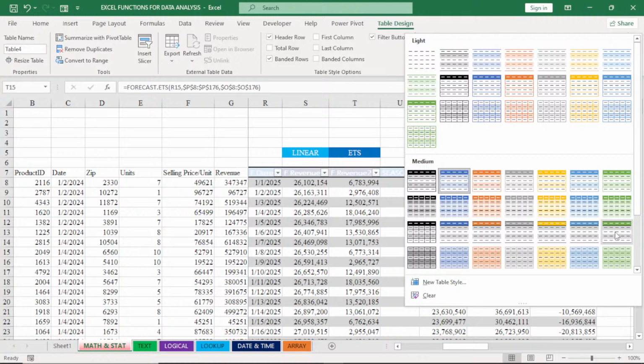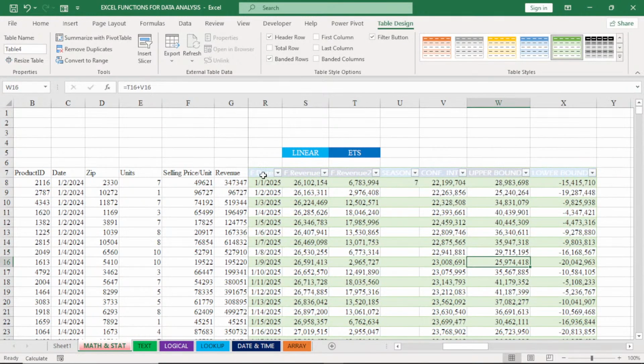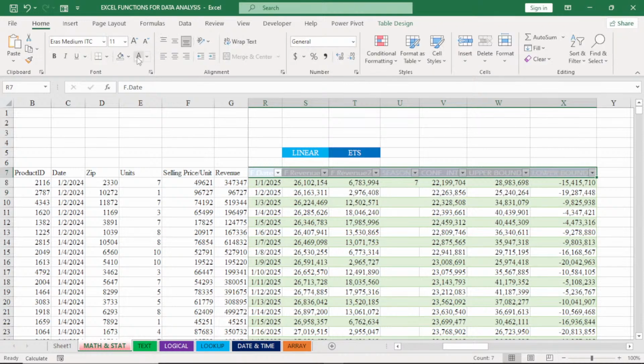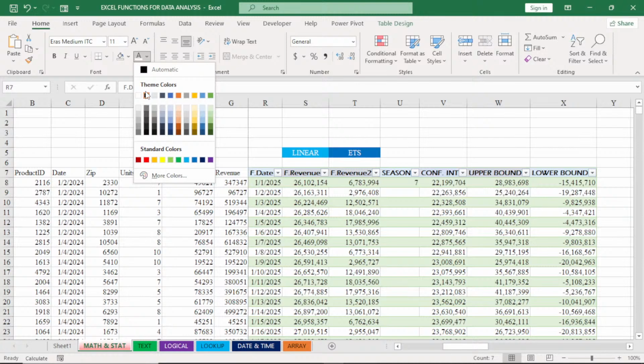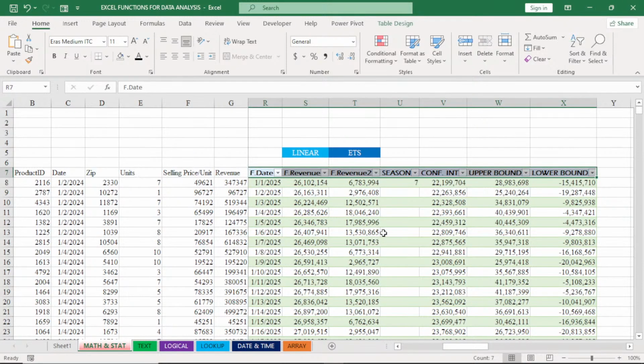So let's say we select this, and I'm going to change the color of these guys. Let me remove it from that white. Let me bring it to black. Okay, now when you format your data set as a table, there are